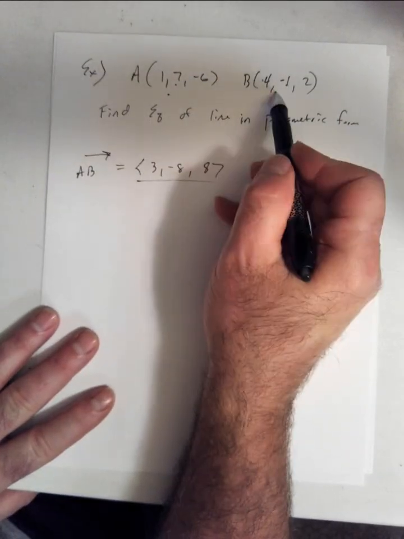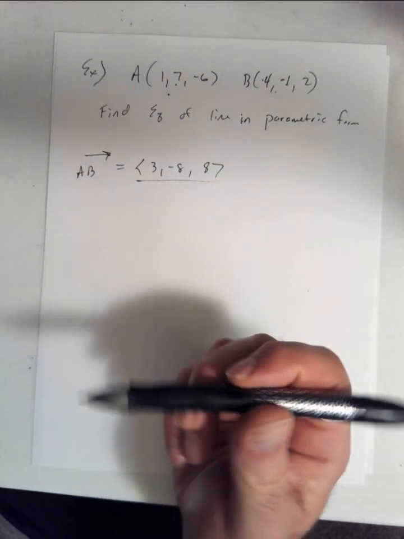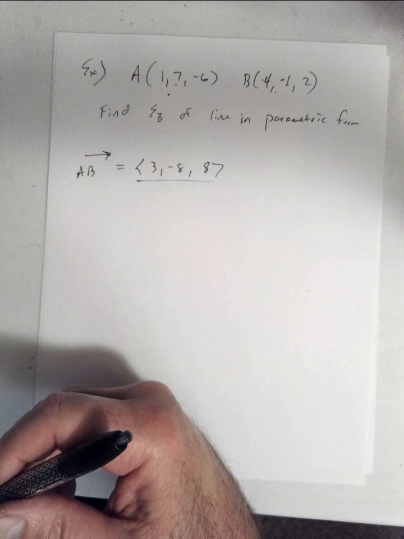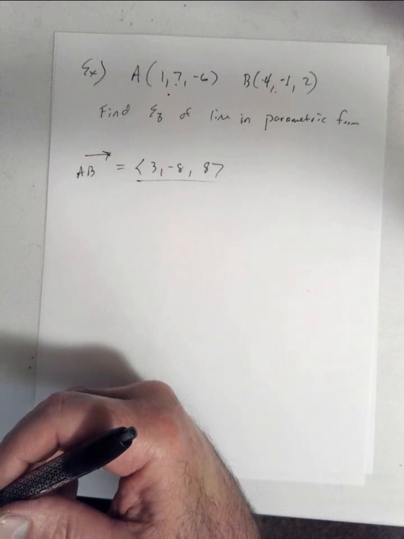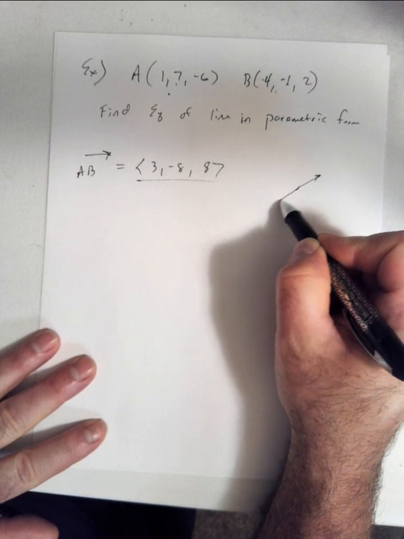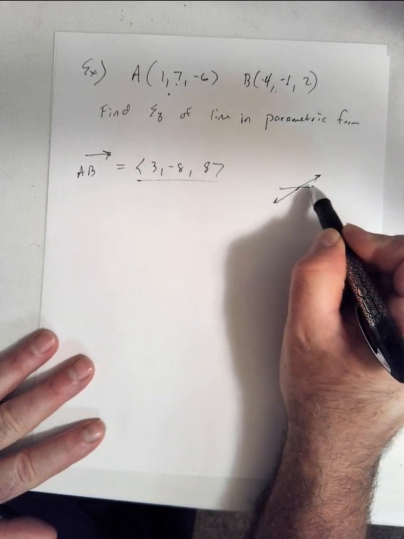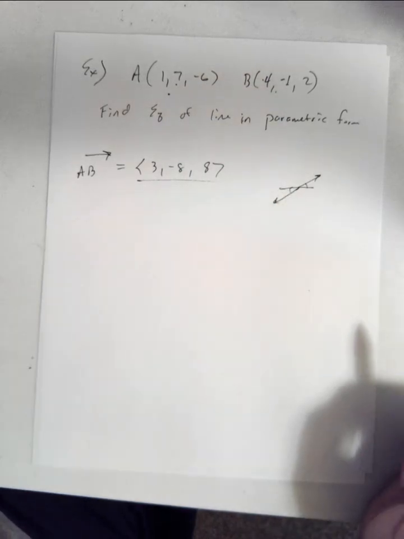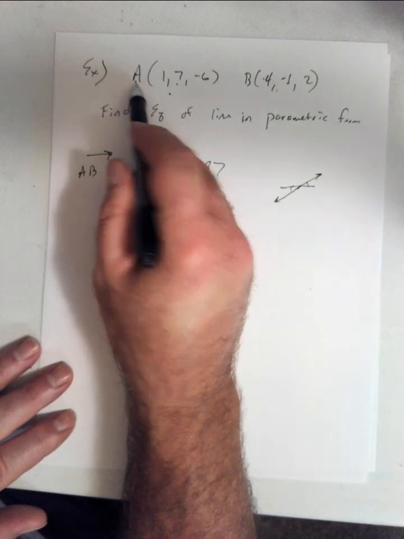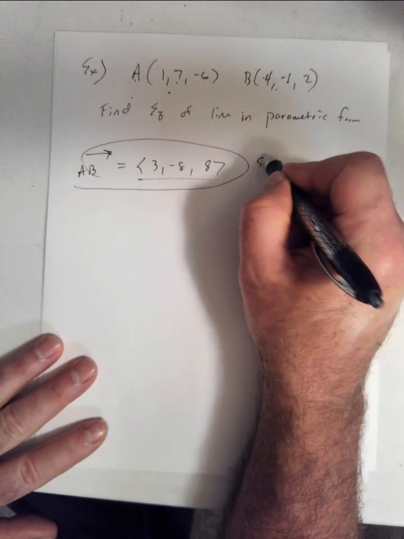Now, if we subtracted this way, these would all be opposite signs, in which case that would mean that the vector would be flipped 180, but still showing a proper direction, because again, it doesn't matter if the vector is doing this or it's doing this, right? Still going to have the same direction no matter what. So the order in which you subtract doesn't matter. I just happen to use A first because A came first. So now I have my slope vector,